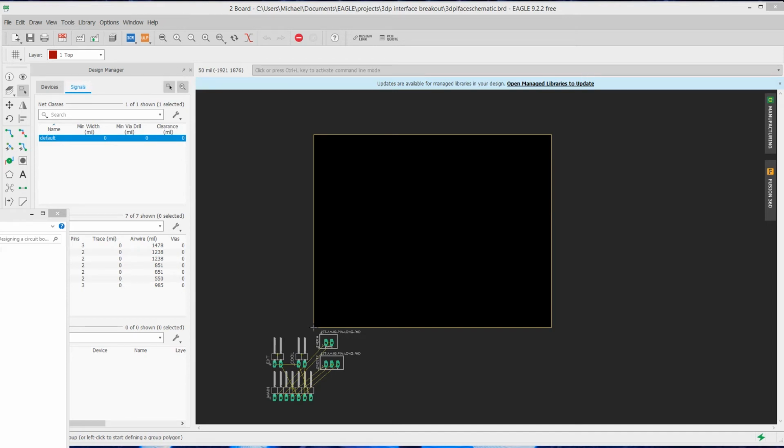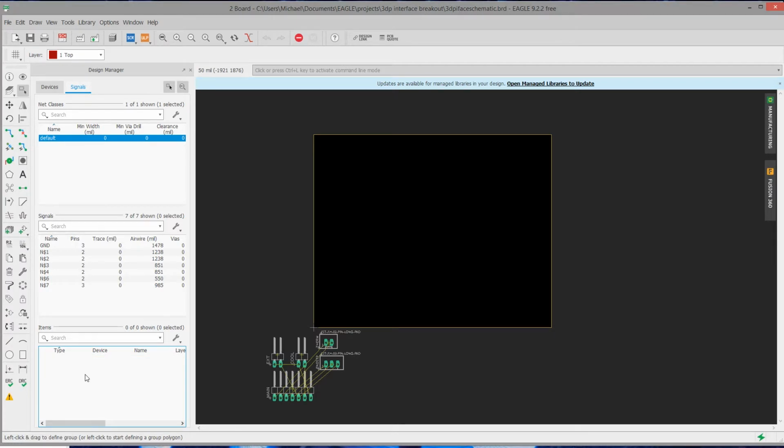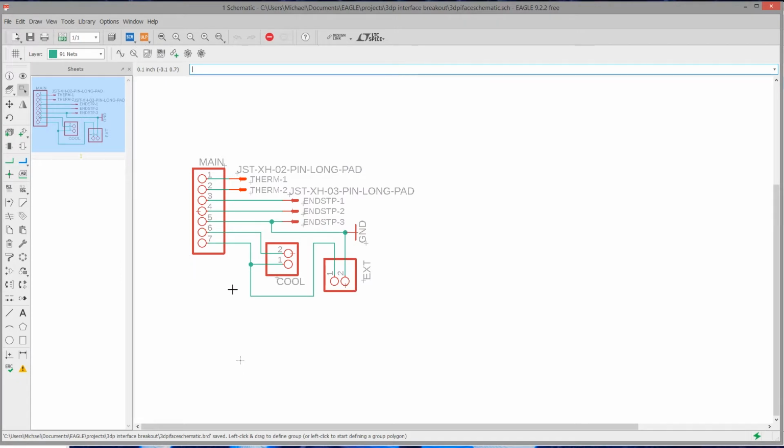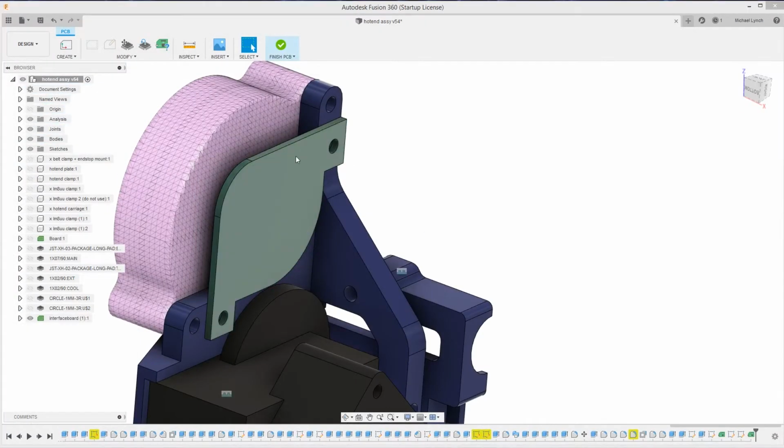This is your host Michael, and today we are continuing our video series on creating a circuit board for my 3D printer design here. Now, to recap what happened in the last episode, we created a schematic as well as a board profile in Fusion 360, which looks a lot like this. So we have our interface board design here, and we're ready to go ahead and start making our circuit board